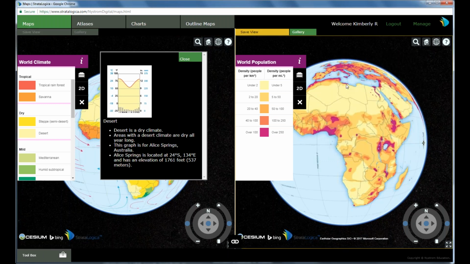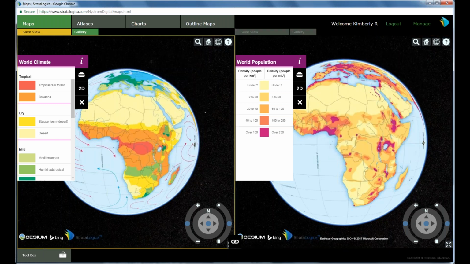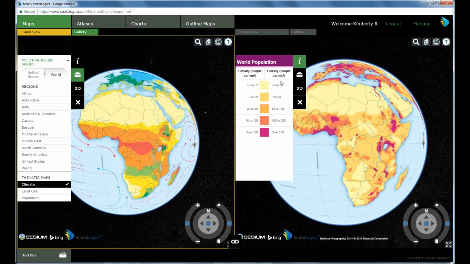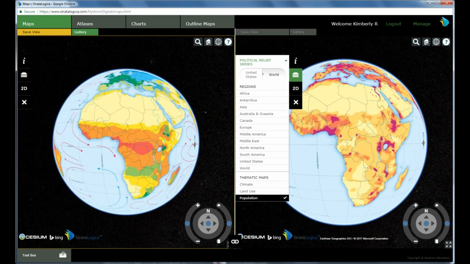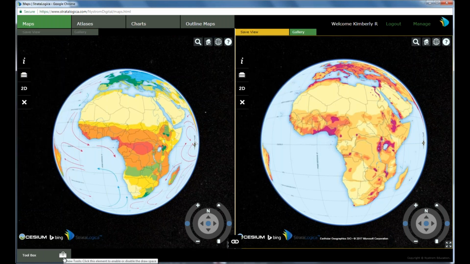And we can go into higher order thinking skills and critical thinking as to why these people are not living in these areas. Okay, so these are thematics. You can use them side by side. I want to take this opportunity too to show you another feature that we have here. If we are talking about the Sahara Desert and the students have no clue how big the Sahara Desert is,